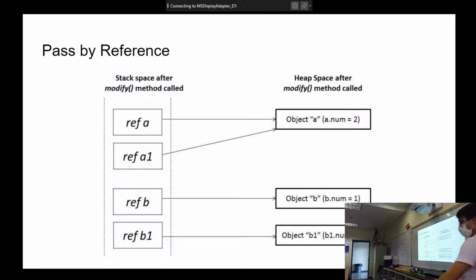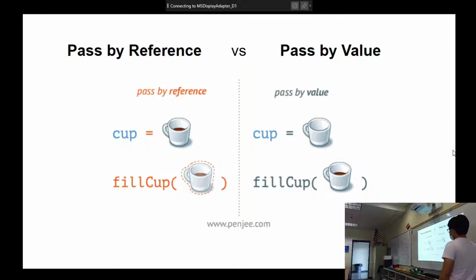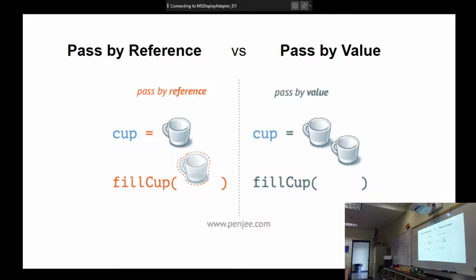Interesting. It was just cool. A relatable fact. Go back to this beautiful image. We can pass in the address of this cup. We fill up the cup. Both things fill up. We can pass the value of this cup and copy it. We can fill up one, return it, and we have to reassign it. But until we reassign it, that value never changes, like you were saying at the very beginning. Does that make sense? Cool.